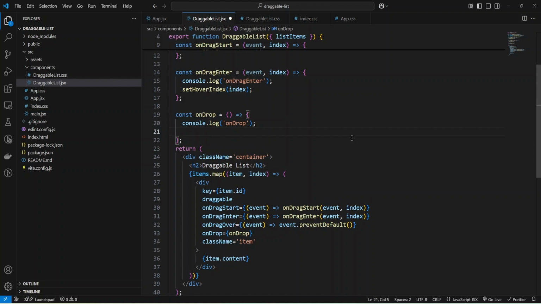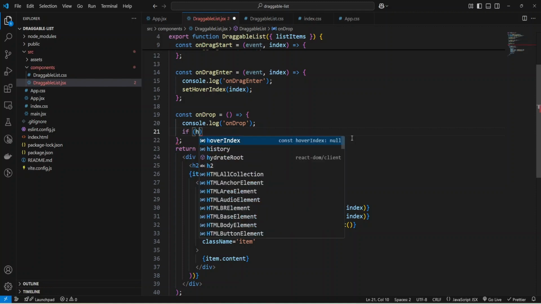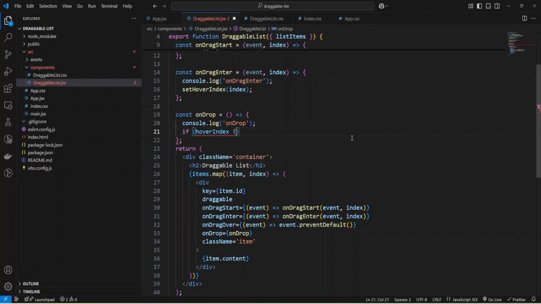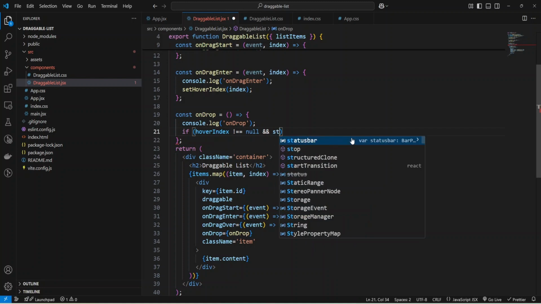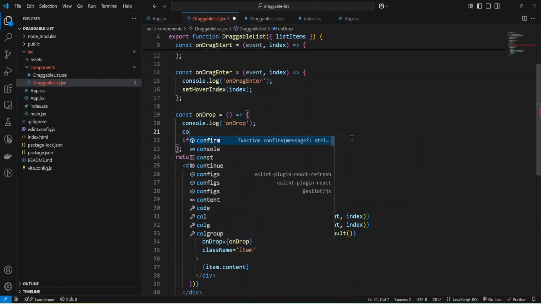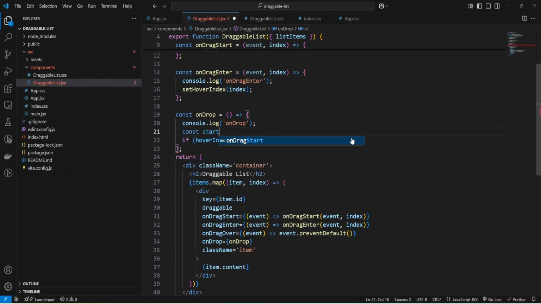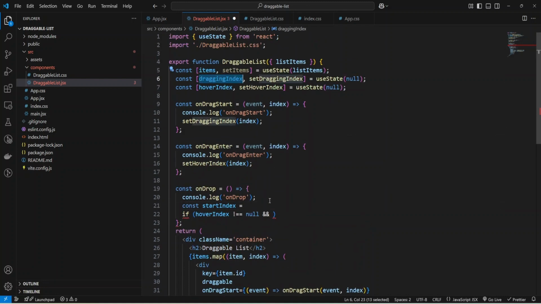And let's check if our hovering index is not null, and let me add start index, and it will be equal to drag index. And now I can compare: if our start index is not equal to hover index,